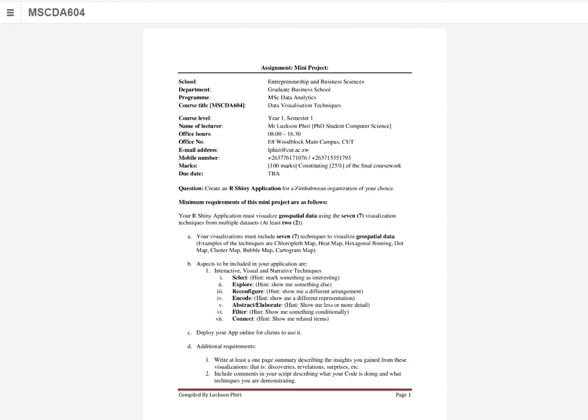So the question is, you're going to create a Shiny application for a Zimbabwean organization of your choice. So it's going to be for a Zimbabwean organization of your choice. So the minimum requirements,